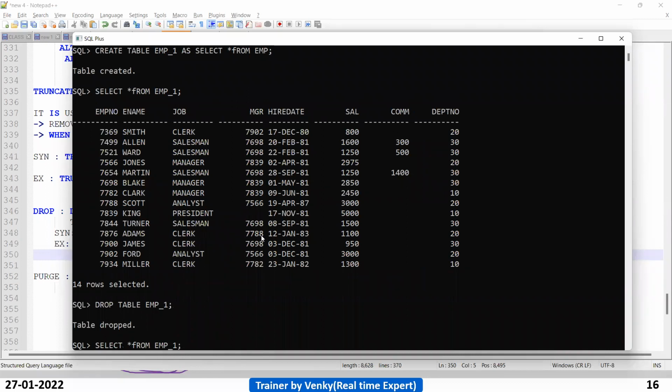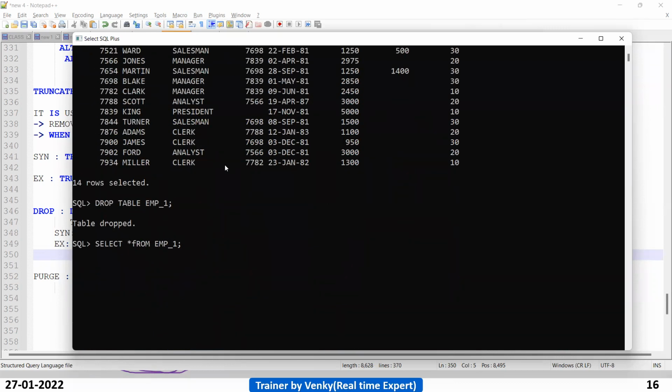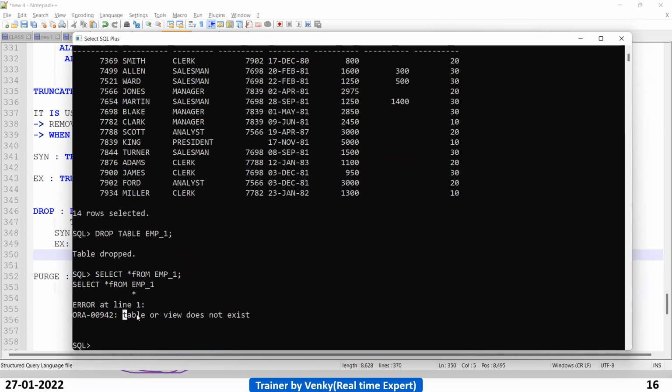Now let us try to access the table. Earlier, if we accessed it, the table data and structure both came. Here, see, table or view does not exist. In the case of truncate, when the table structure is there and you try to retrieve the data, what does it return, guys? No rows selected.